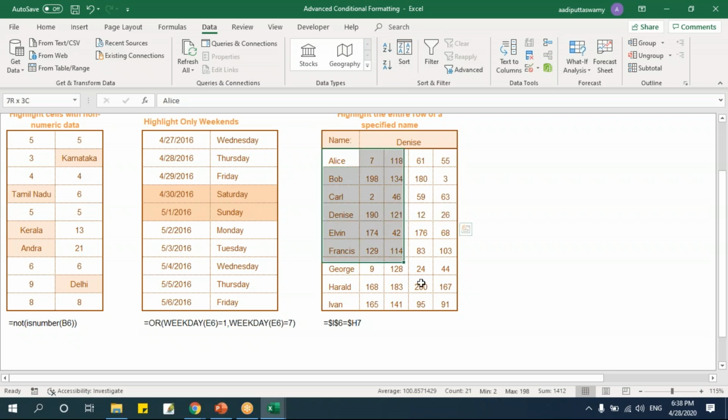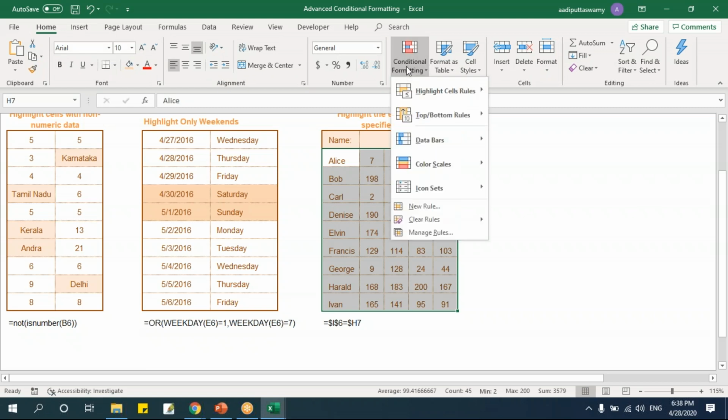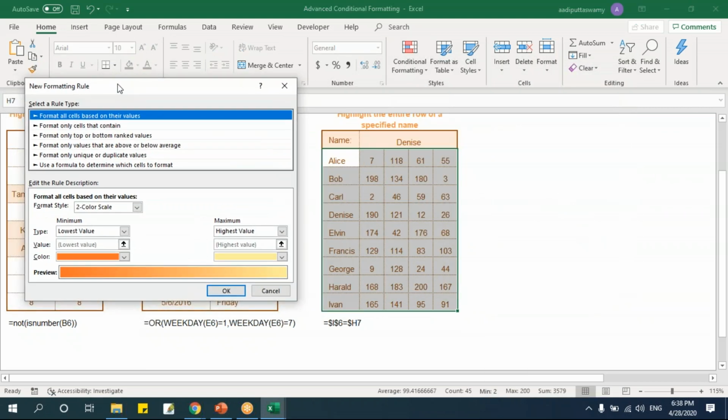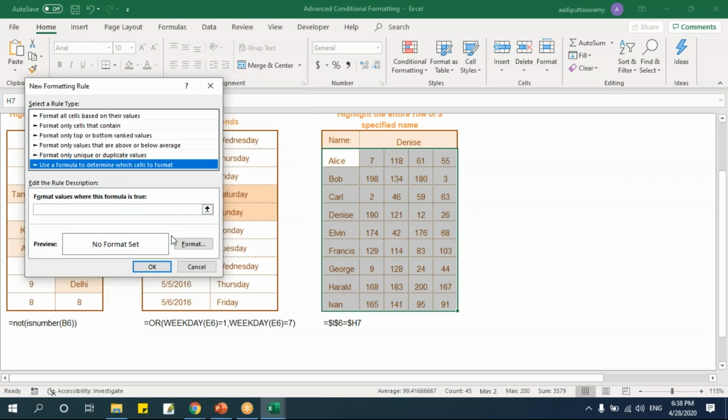So it's very simple. What I'll do, select this, say conditional formatting, new rule. Now I'll take a formula. Now I'll say equals this value. So this is a fixed value. I'll say F4. This is a fixed value equals this value. Now based on this value, that is this column value, all the other cells also should get formatted.